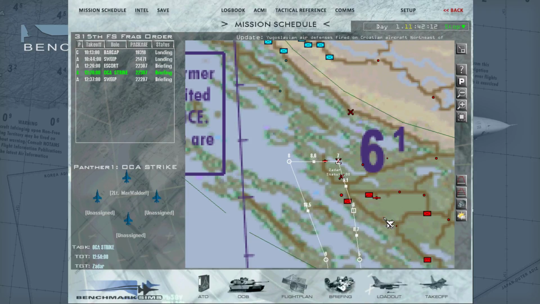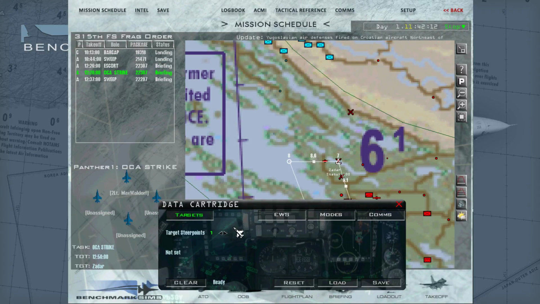So if we check the data cartridge, I already have waypoint 7 as our target. It's already set as ZR depot. And on waypoints 15, 16, and 17, we have the ZR radar, barracks, and admin building. So probably I'll be aiming for the radar. Meanwhile,